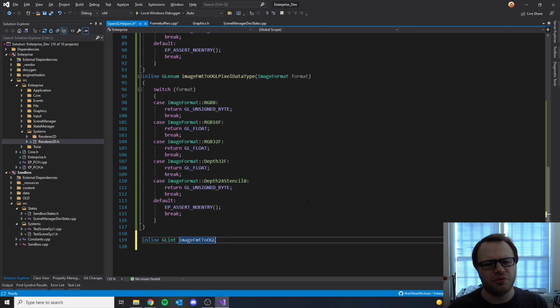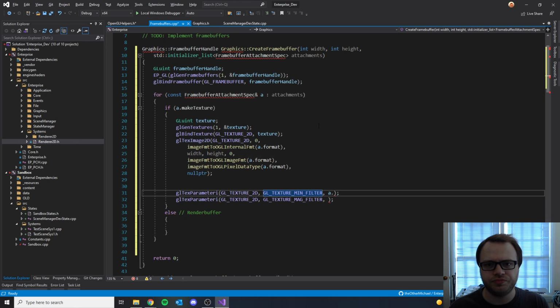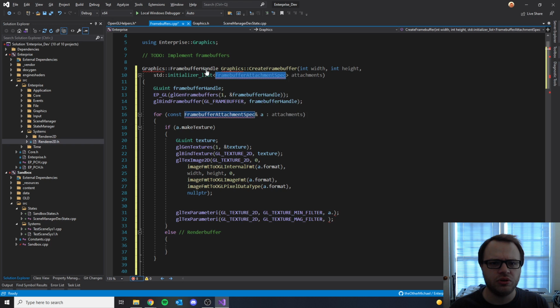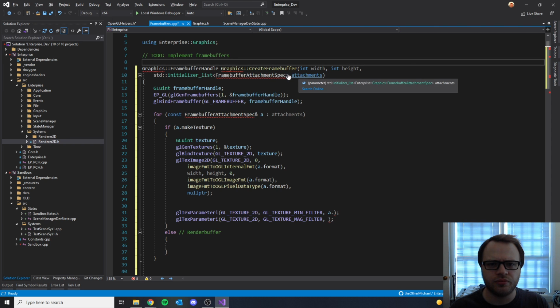I just had a brain fart. Forgot what I was doing. Yeah, so image format to... Oh, what am I doing? I'm not doing image format to. I'm doing the filter now. Filter mode to